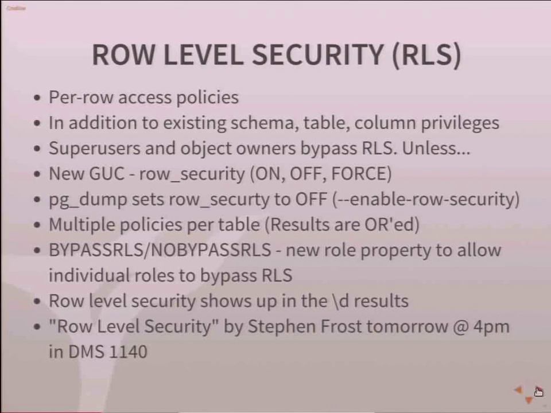Thank you. So the next new feature: by default, super users and the owner of the object will bypass the row level security unless there's a new PostgreSQL.conf variable or group value. It's actually either a session variable or a variable on the individual tables themselves that you can set to turn row security on or off. If it's on, that's the normal way users and object owners will bypass it. If it's off, obviously, then no row level security at all will be enforced.